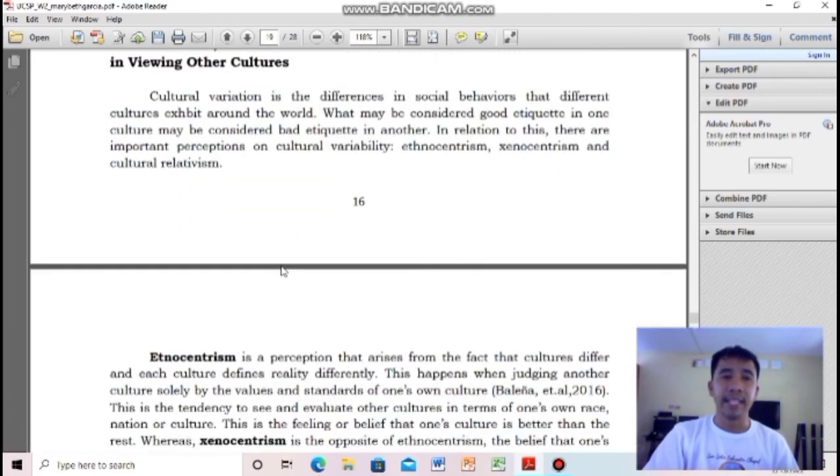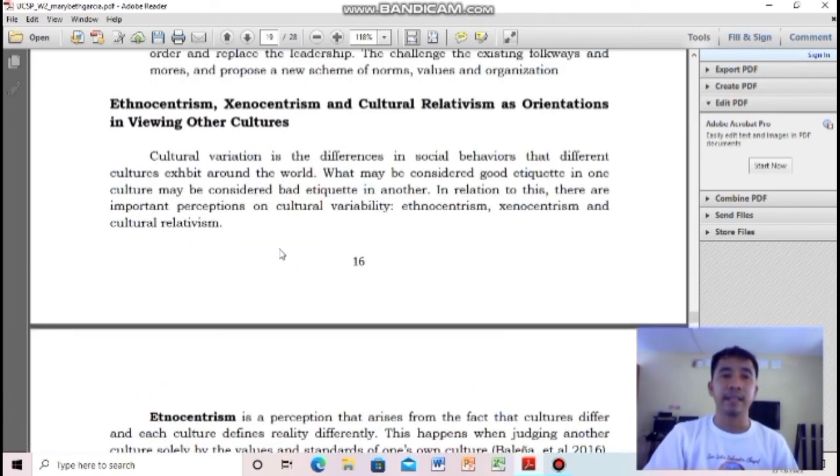Okay. Let us proceed to ethnocentrism, sinocentrism, cultural relativism as orientations in viewing other cultures. So, importante ini for us to understand also, no, on how to view or to look at the other cultures around the world. Nga, para hindi kita, ano bala ang mga good etiquette, no, nga dapat aton i-observe in addressing or viewing other cultures in our society. Una,